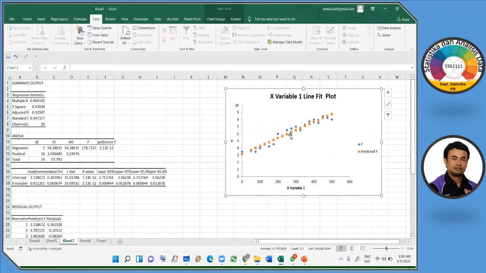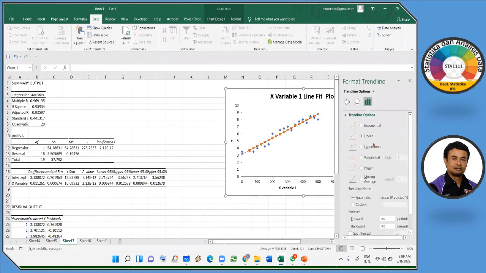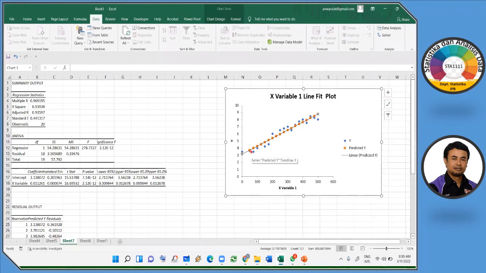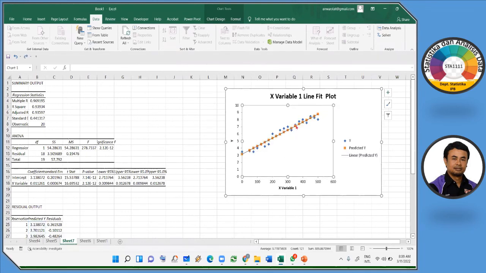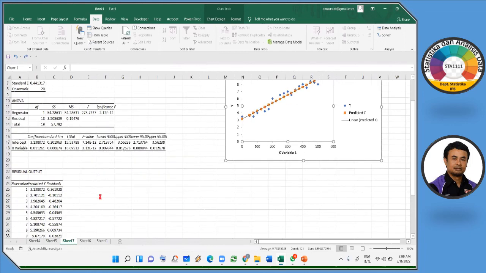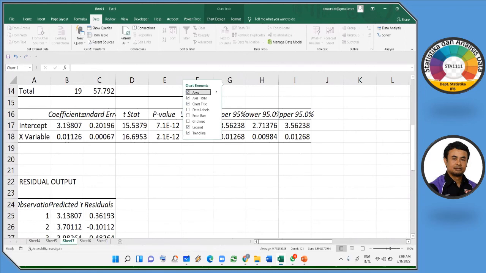Okay, this one again is the line actually. Let me see here, maybe trendline, the linear. So you can see that is the line, right? Let me just delete this one, whether possible or not. Okay, look at this. This is the regression line. So from here we can see that